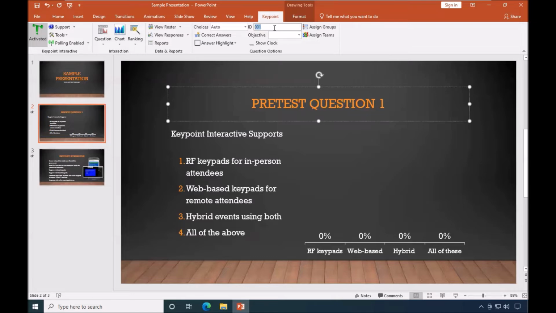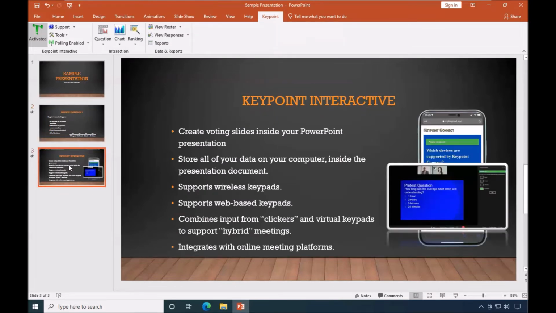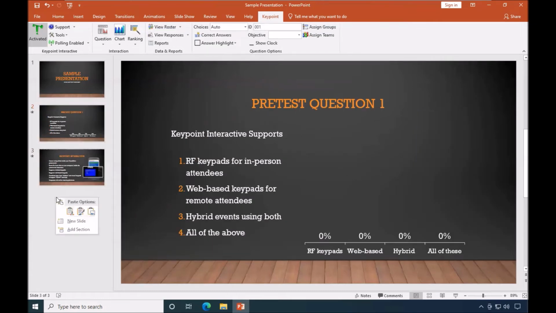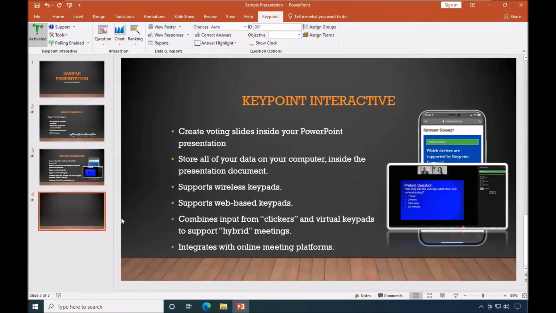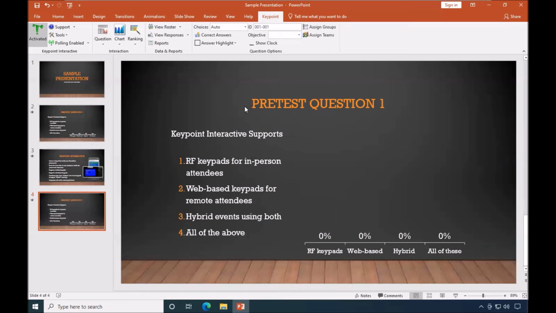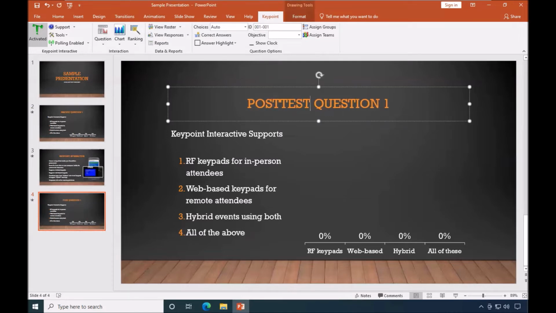Okay, so we've got our pretest question, which is followed by my little one-slide lecture here. It's time to create the posttest. By far, the easiest way to do this is to simply copy the pretest question and paste it after the lecture slides. Notice that Keypoint gave this question its own ID of 001-001. All I have to do is change the title, and it's ready to go,